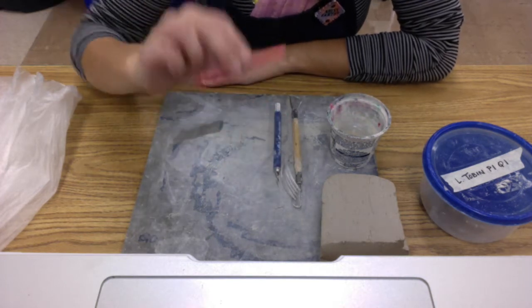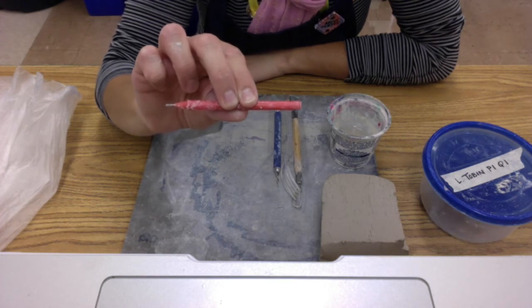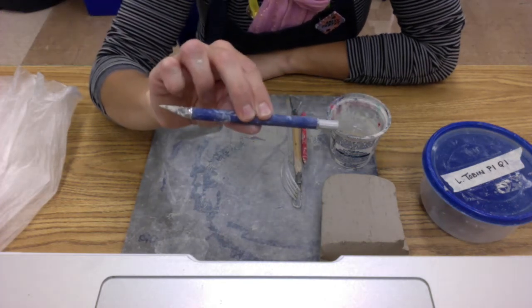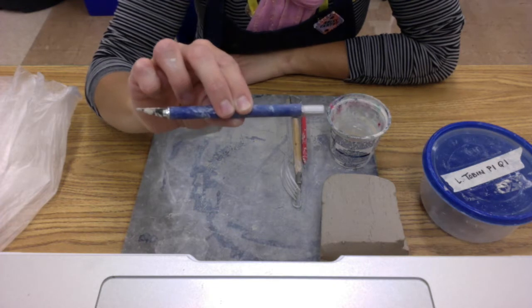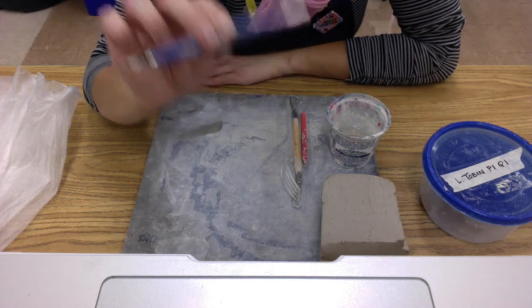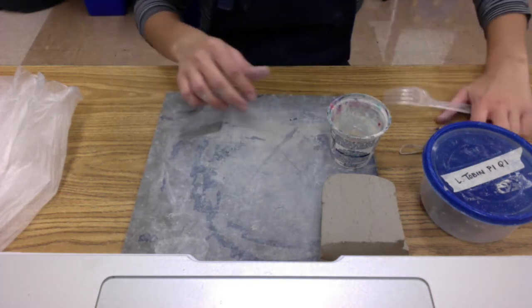You are going to need a fork. You are going to need what I call a pink tool. It's just a pink plastic handle with a little needle on the end. And then an X-Acto knife. Now you don't need the X-Acto knife too often, so you are welcome to share your X-Acto knife with somebody else at your table. Now to get us started, I'm going to set all these things aside,